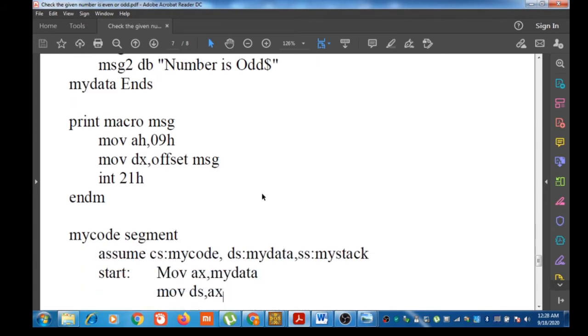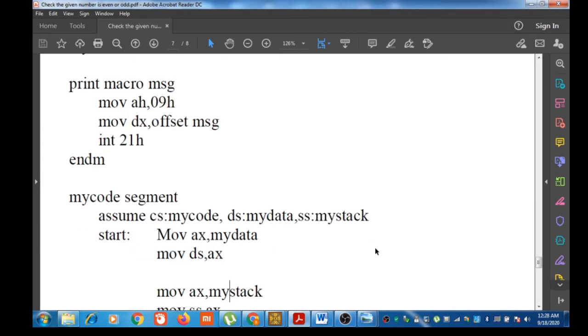See the change in assume statement. CS colon my code, DS colon my data, SS colon my stack. This is a new entry. We are telling the assembler that we have a segment named my stack and it should be used as the stack segment of this program.